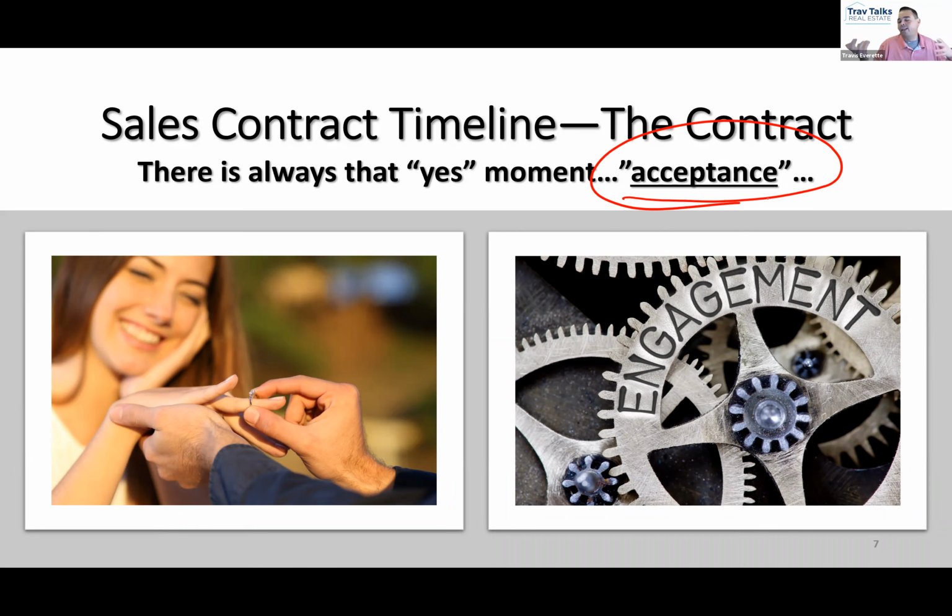So when we're engaged, we're essentially under contract. We've made promises to each other, but those promises have not yet been fulfilled. And just like a contract, there's going to be some work that needs to be done before we can finally fulfill the promises. Do we have to make arrangements for closing, which in this case is going to be the marriage? We've got to book the venue, figure out where we're going to get married, and get the marriage license. Think about a contract, folks. Once we go under contract, doesn't that trigger a lot of things that the buyer is going to need to accomplish before they're ready to close?